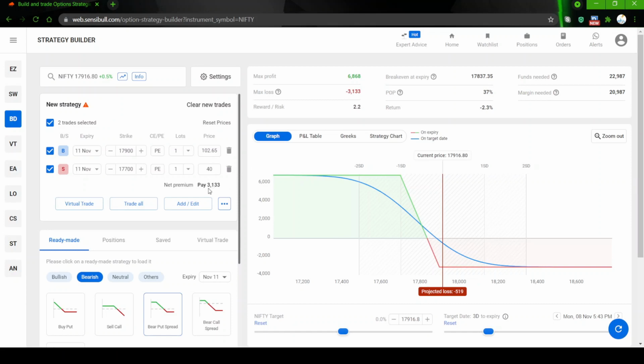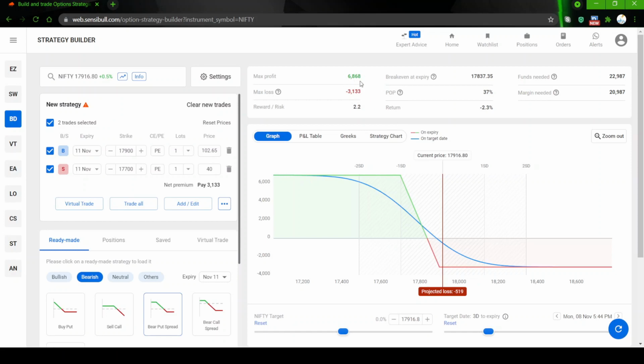And what is the maximum profit? Whenever you are doing the debit strategy correctly, your risk reward ratio will always be greater than 1. You are risking 1 rupee to make 2.2 rupees here. If your view goes wrong, the maximum you can lose is 3,133, which is your premium paid. And the maximum profit you can gain if your view goes correct and the market goes down, because a bearish view means the market going down, is about